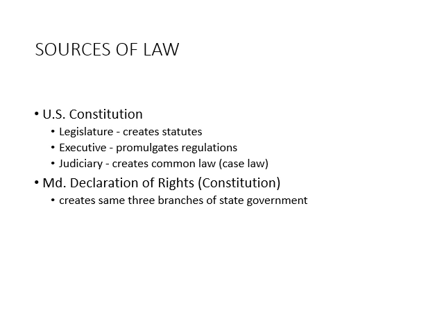Remember, when we're looking at sources of law with regard to the Constitution at the federal and state level, the Constitution creates the three branches of government. Article 1 empowers the legislature to create statutes. Article 2 empowers the executive branch to promulgate regulations. And Article 3 empowers the judiciary, which creates common law, also known as case law, through the doctrine of stare decisis, in which court decisions are precedent. The Maryland Declaration of Rights is Maryland's constitution, and each state will have a constitution.